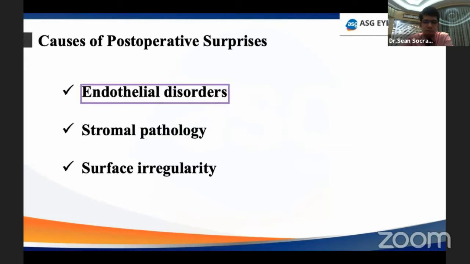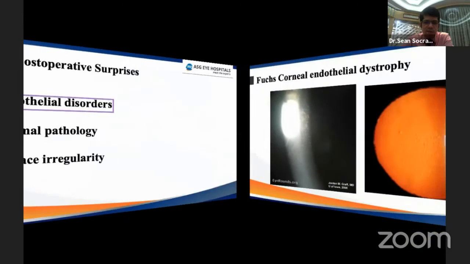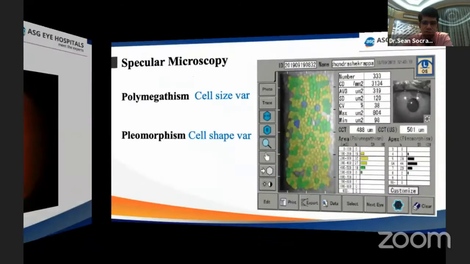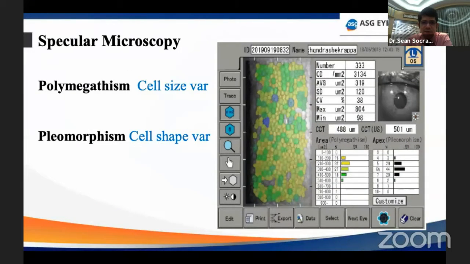Endothelial disorders are the most important priority here, and we often fail to carefully look at the other eye for the presence of guttata by doing a specular reflection or a retroillumination with a dilated examination. You can pick up early guttata, and even if you don't have a specular microscope, you can ensure that you take adequate precautions during surgery. Having a specular microscope is an invaluable tool, and you definitely look at two things.